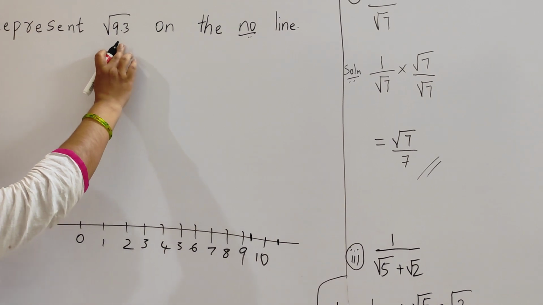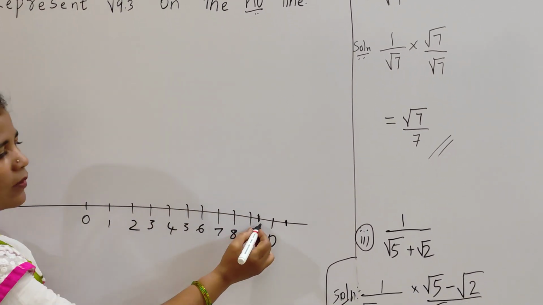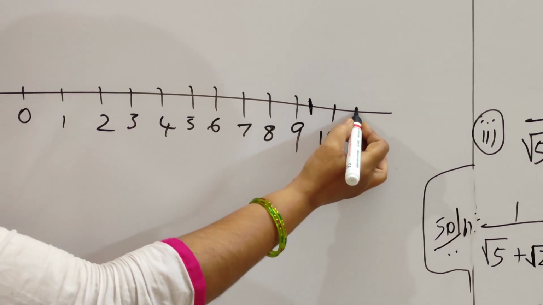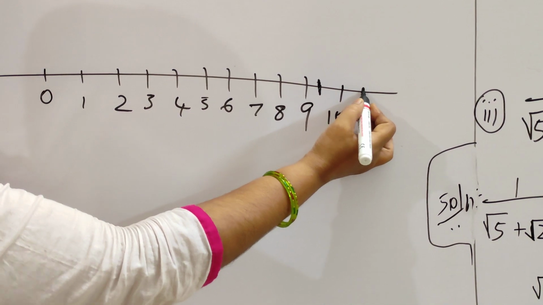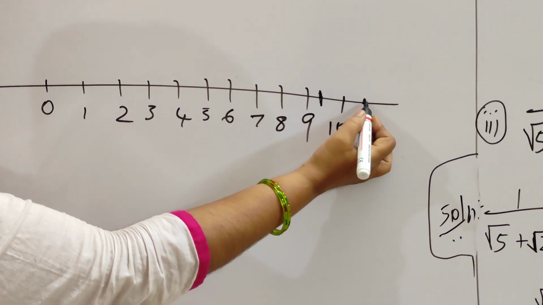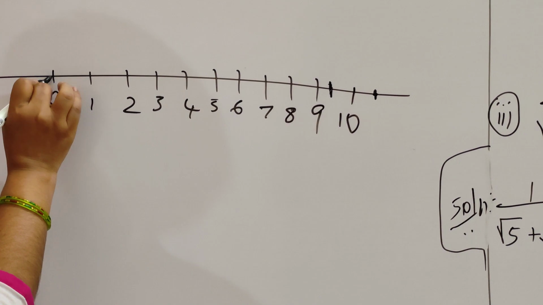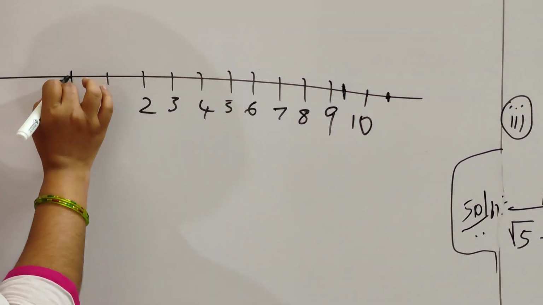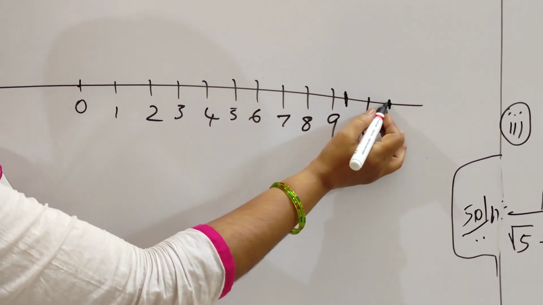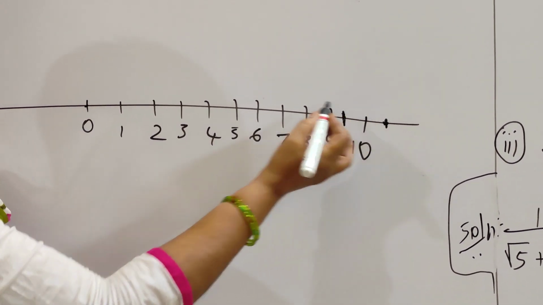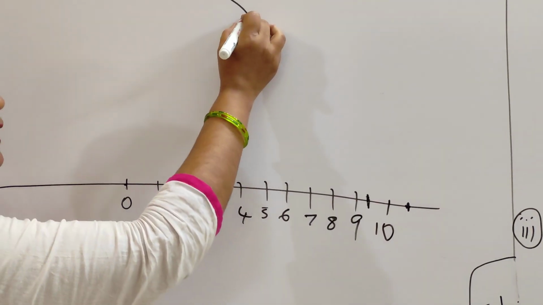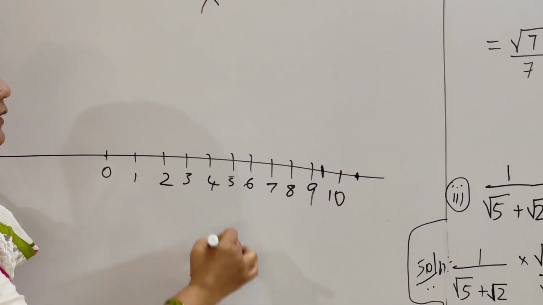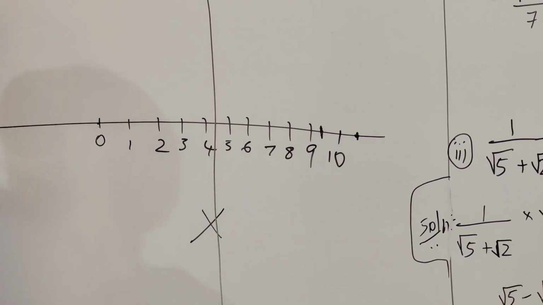Whatever number is given to you, you locate that number and then you take another 1 centimeter extra. So now this is 10.3. Now from 10.3 to 0, you just have to take a perpendicular bisector. You learned how to take a perpendicular bisector in your lower grades. That is, take more than half, cut an arc here and here. Then from here, cut an arc, you get a perpendicular bisector.